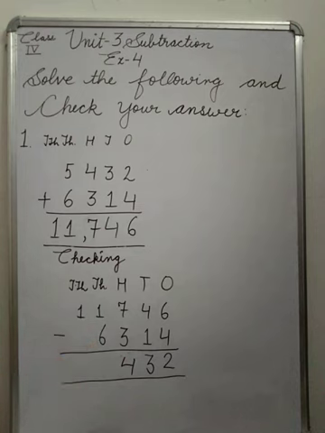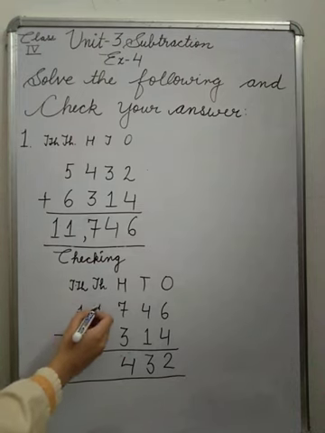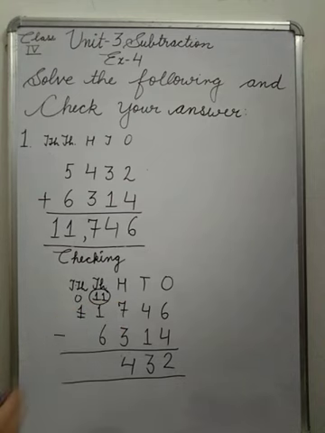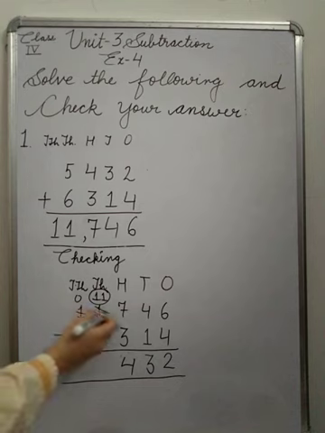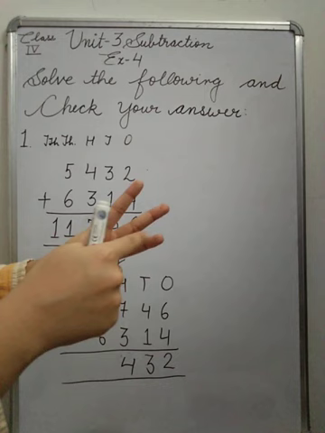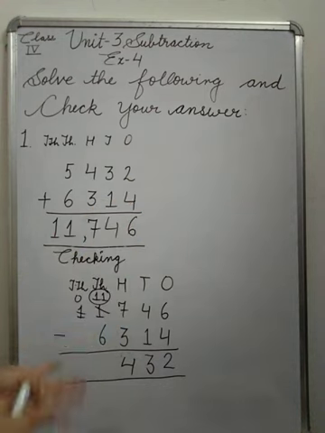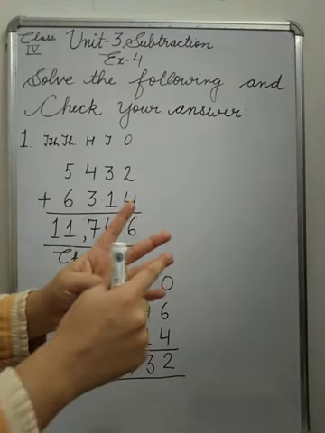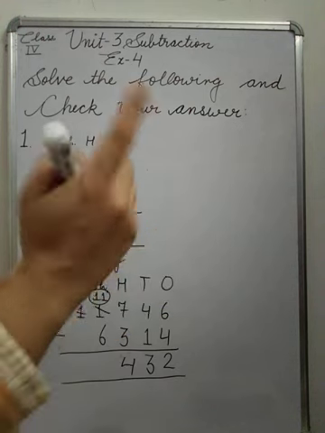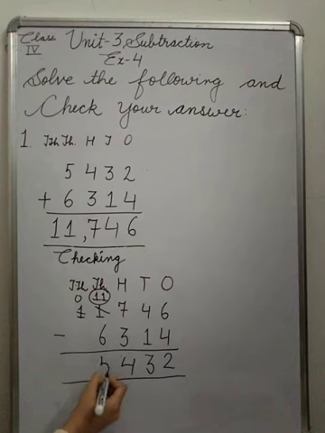Okay, now the next: 1 minus 6. It is not possible. So that 1 will take 10,000 from this. So it will become 11, here 0. 11 minus 6. You know, na? Do it. 1, 2, 3, 4, 5, 6, 7, 8, 9, 10, 11. Subtract 6. What is remaining? 5 is remaining. Write it here.